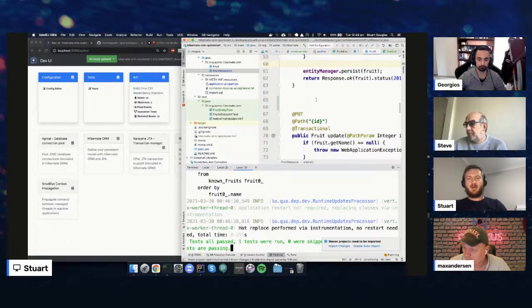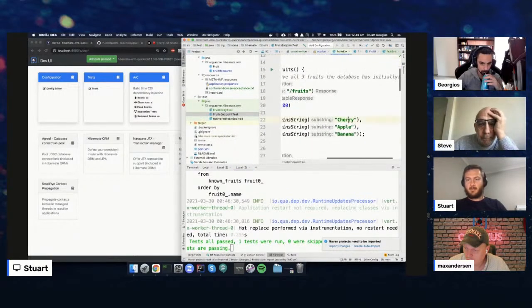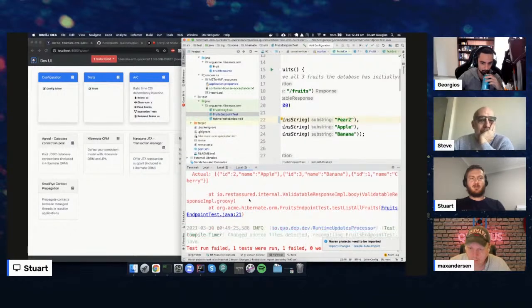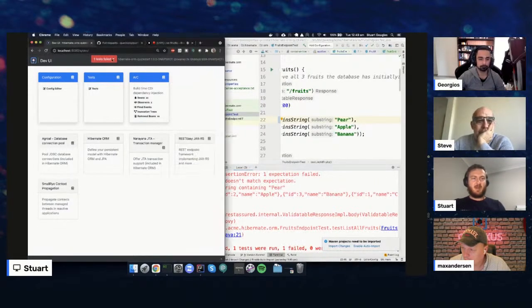So the other thing I'll show is that there is some dev console integration for this. So if I break my test, you can see I've got the dev console open here. It's just immediately changed to one test failed, and you can see it's got the little status icon when the tests are running, but they run so quickly you don't really see it. It's only up for half a second,